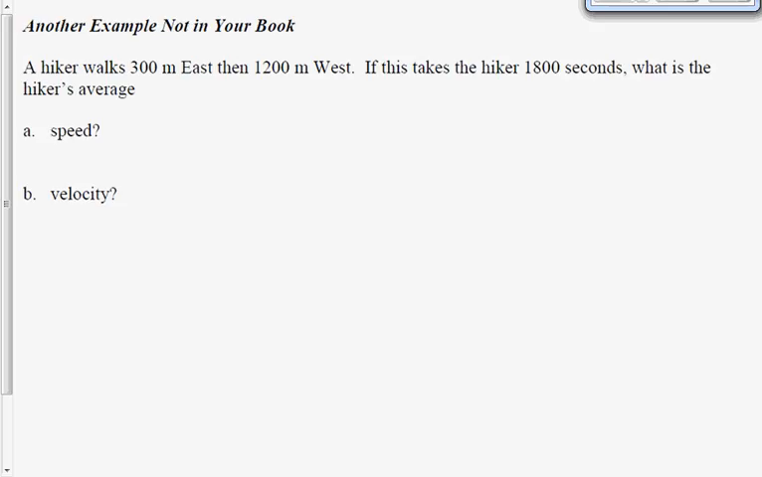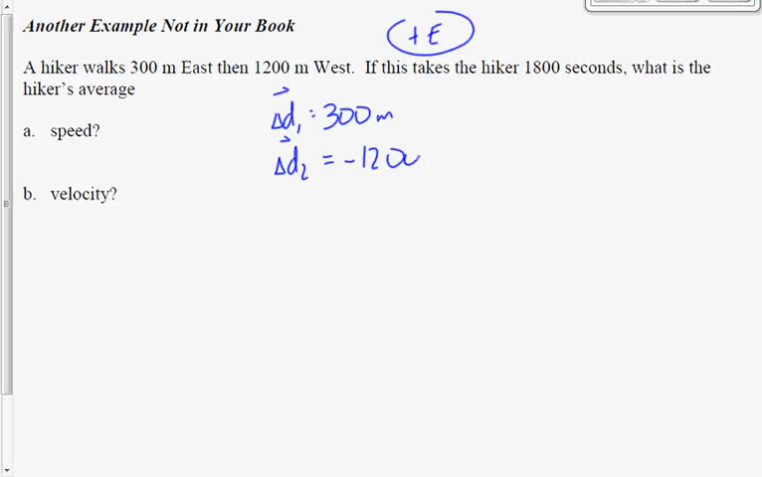Let's define east as positive. Let's say my first displacement is 300 meters. My second displacement is negative 1,200 meters. My time interval, delta t, is 1,800 seconds. I want to find speed, and I want to find velocity. Let's go velocity first again. Doesn't really matter, but